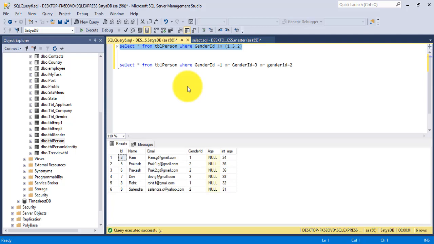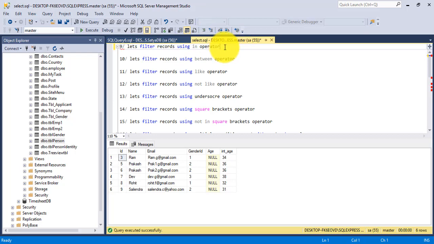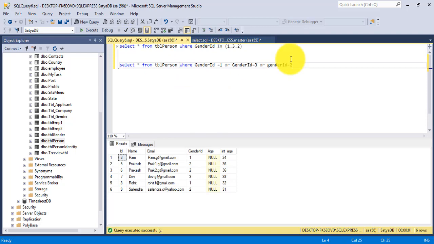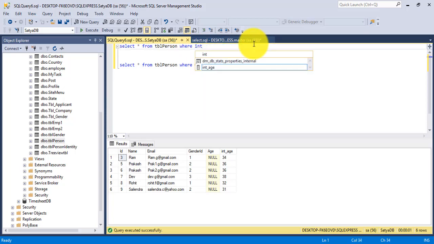Okay, that's the point about 9. So let's discuss point number 10. In point number 10, let's filter records using the between operator. Select star from TBL person where int underscore age column between